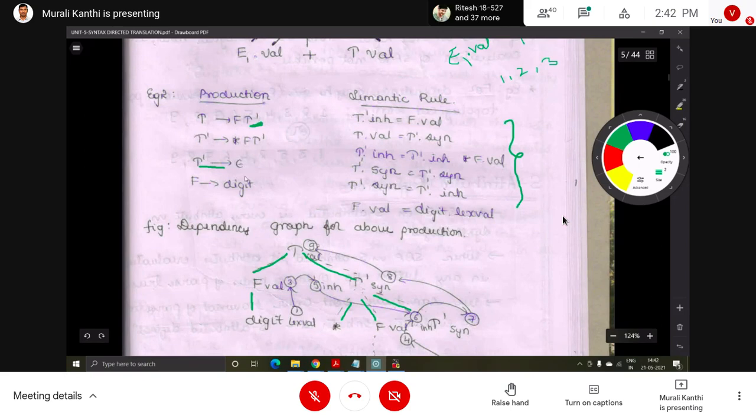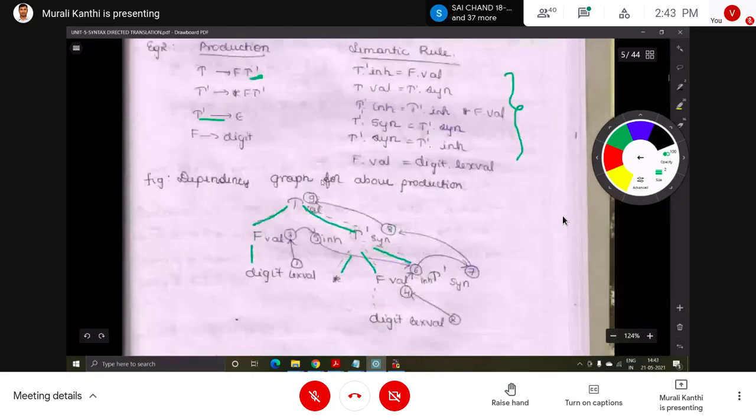Now draw the dependency graph for this kind of production. First, draw that partial tree from the bottom. So now T, then F T' with F T'. Next, give the definition for F. That means F can be rewritten by this digit, extended by digit.